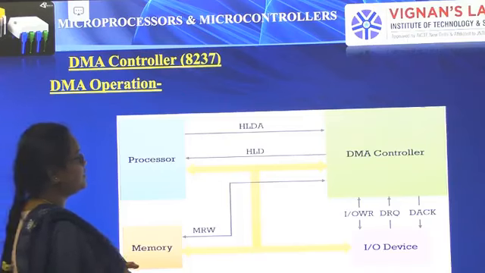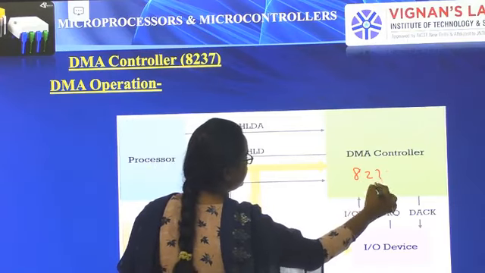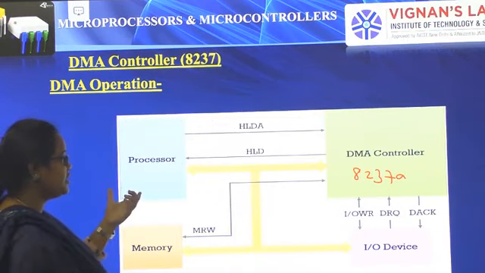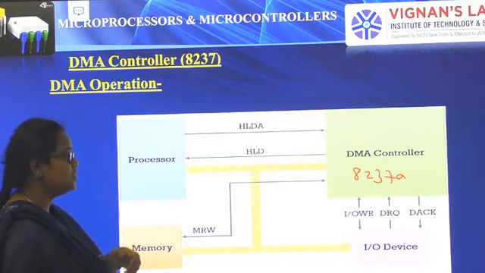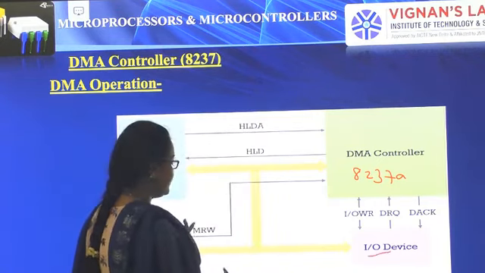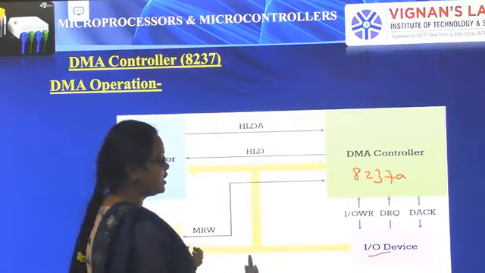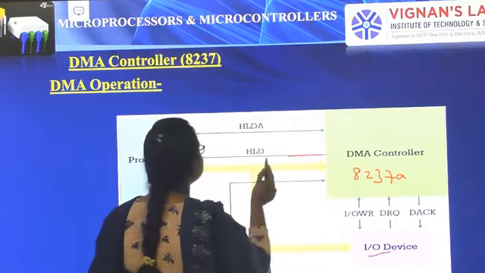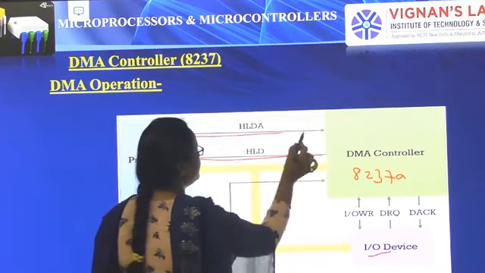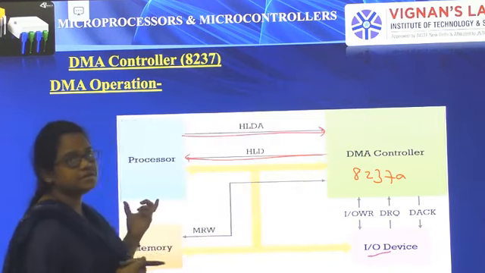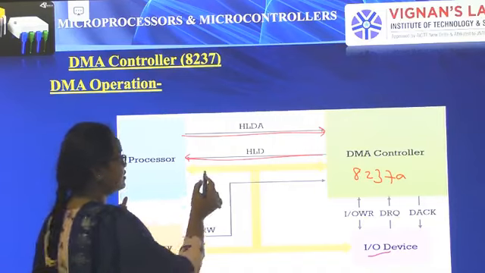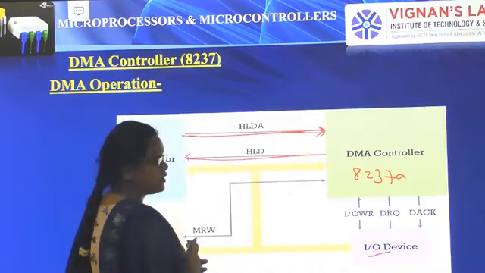So it is a DMA controller. We know the 8237A DMA controller handles the system bus without involvement of a processor, without involvement of the CPU. Whenever the input devices ask to send the data from the memory devices to the DMA controller, the DMA controller asks the processor by giving the command hold. Then the processor accepts the DMA controller request and sends the hold acknowledgement.